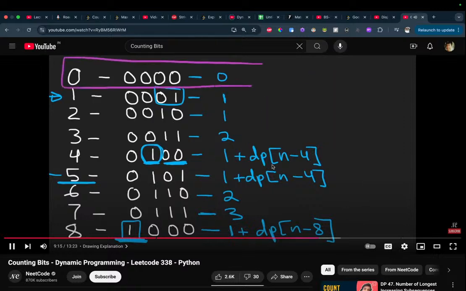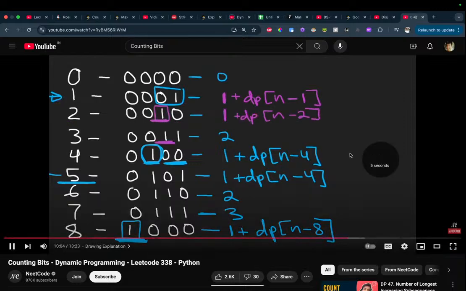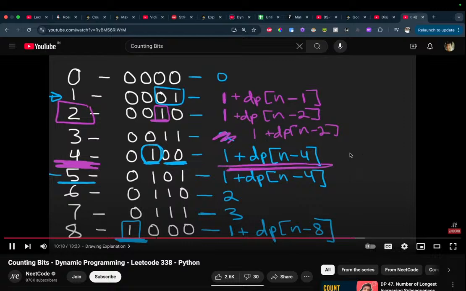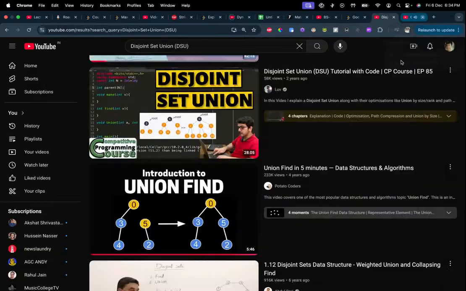So we know that this is kind of our base case. 0 is going to have 0. We're going to compute 1 plus dp of n, where n is always the value we're computing right now. So that's going to be a 1 minus 1, because 1 is the most significant bit we've reached so far. Down here, we reached a new significant bit of 2, because we've gotten to the value 2, a power of 2. So then we're going to be modifying this n. Let's say we multiply it, we did 4, 8, and it's going to be at least 1 plus dp of